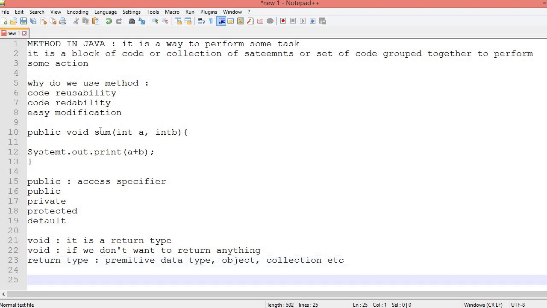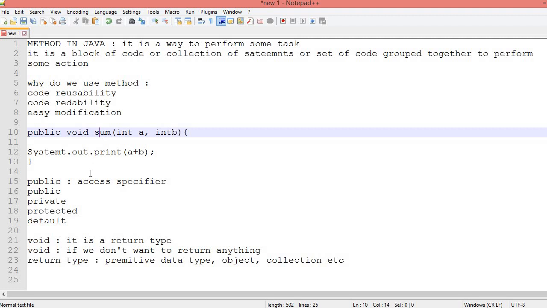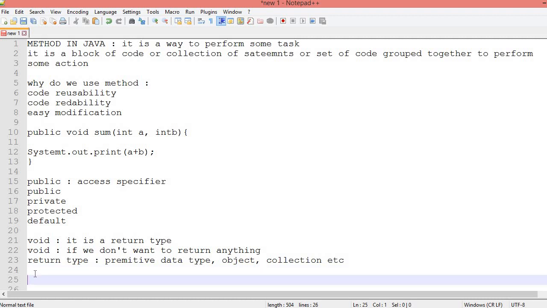Then next is sum. Sum is what? Sum is the name. Basically, whatever you want to perform, by that we give the name. Okay, so suppose I am adding two numbers, so I gave the name sum. If I want to subtract, I will give the name subtract. So sum is basically a method name. Okay,